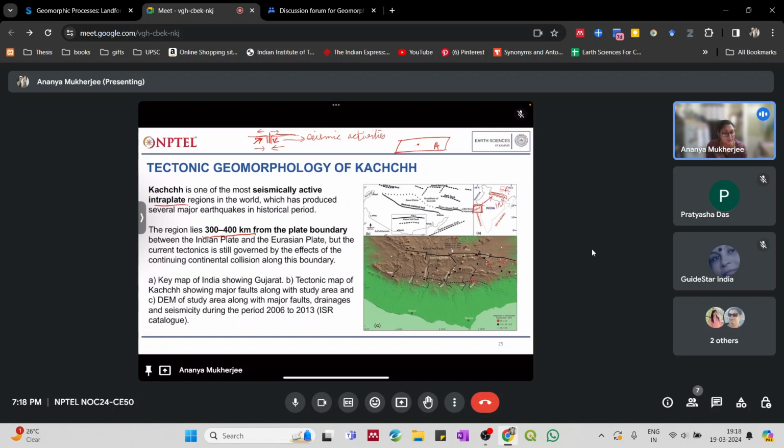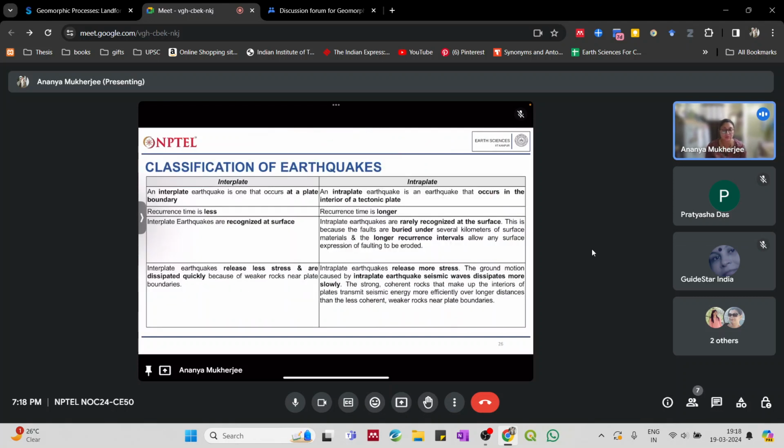So logically we can think that there shouldn't be any effect in this area, but there are seismic activities that have been recorded in the Kutch region. And so the current tectonics that are actually happening over here are far-off effects of this plate boundary tectonics, of any tectonic processes that are happening over there. Okay, so if we try to distinguish between interplate and intraplate